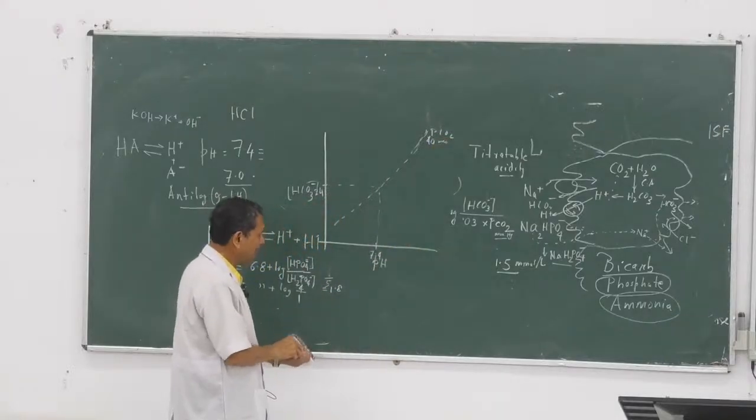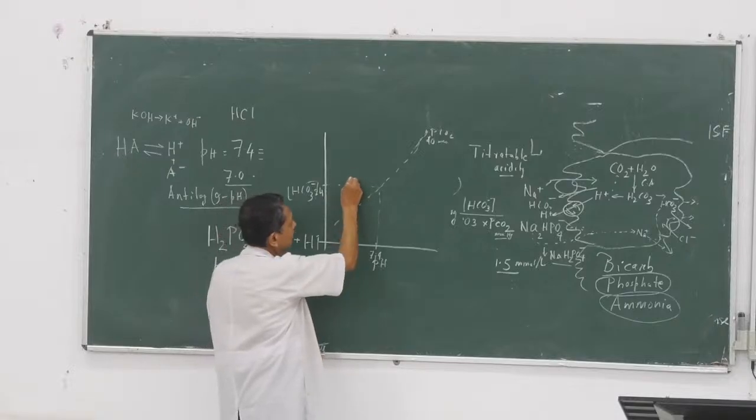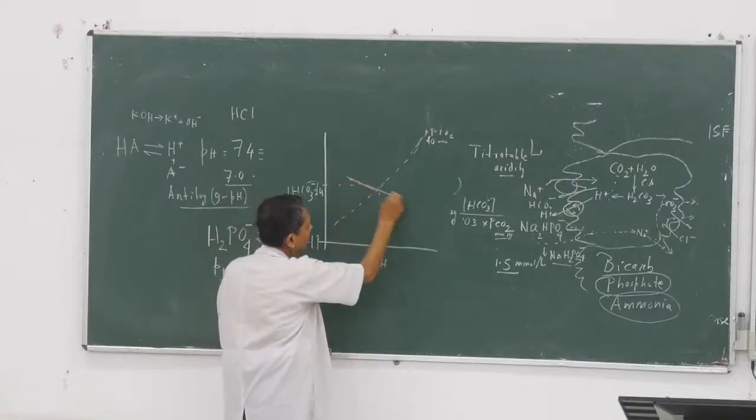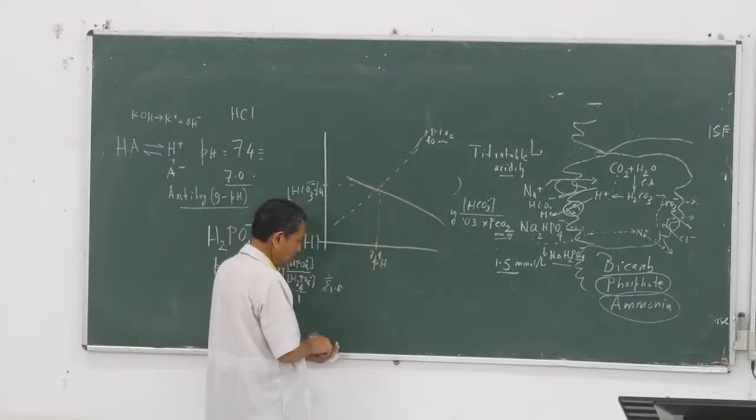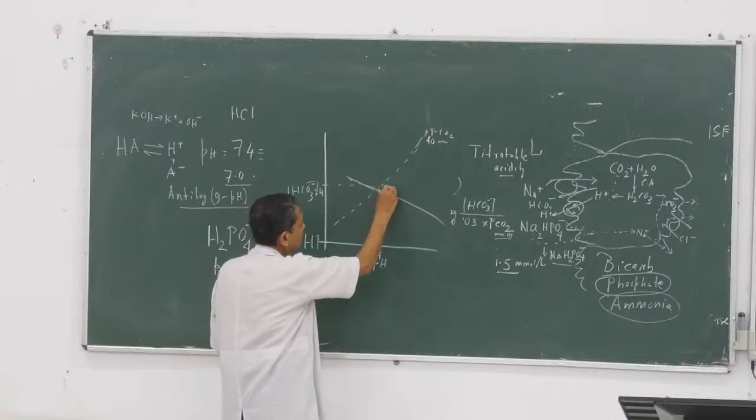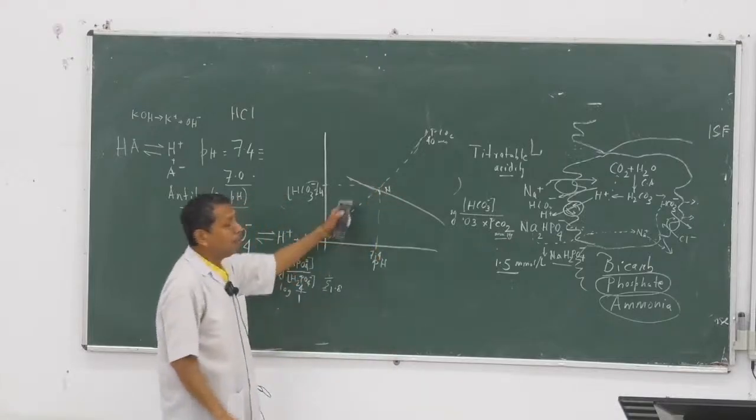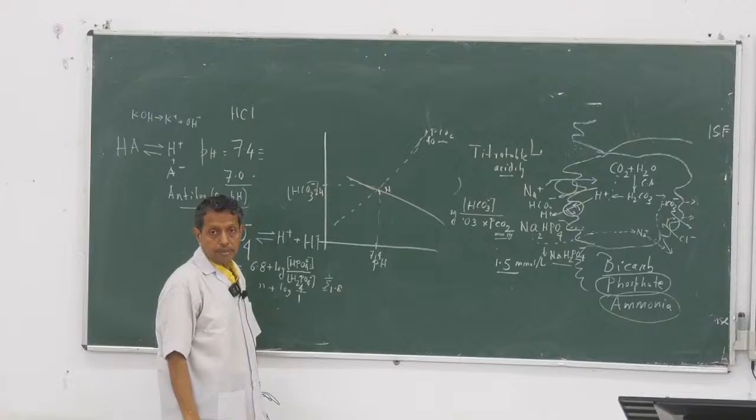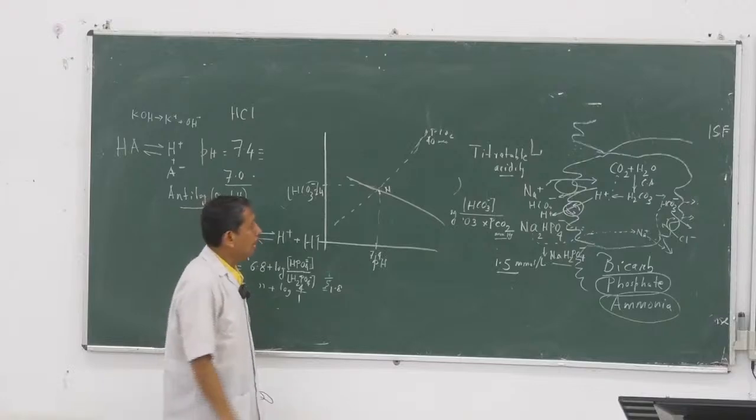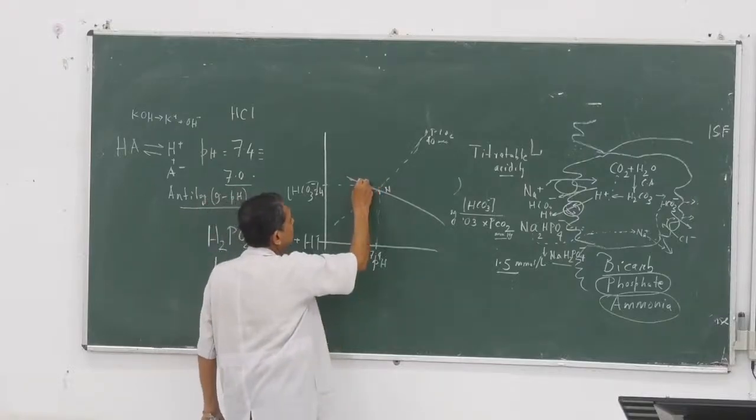And this is the blood buffer line. This is the normal point. This is the normal point. This is the blood buffer line. Clear? And whenever it moves into this side,